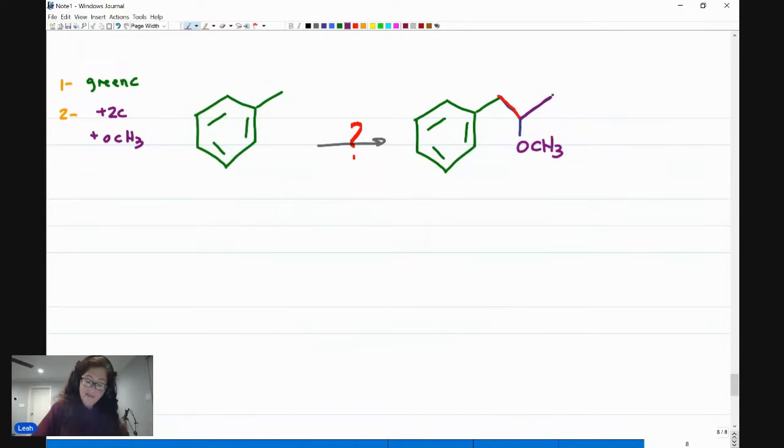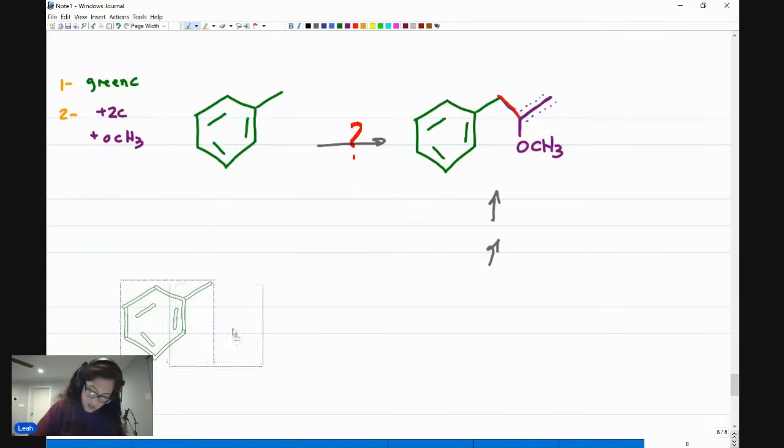Identifying that we have to add 2 carbons and an OCH3, knowing that chain elongation via alkyne is the way we're going to go. Here's the trick I want you to recognize. As soon as you identify what had to happen, recognize that this right here came from the alkyne and it added to the rest of the molecule. So instead of coming up with all the pieces, I go this way and this way and this way, let's take a big step back and say, somehow, somewhere along the line, I have a molecule